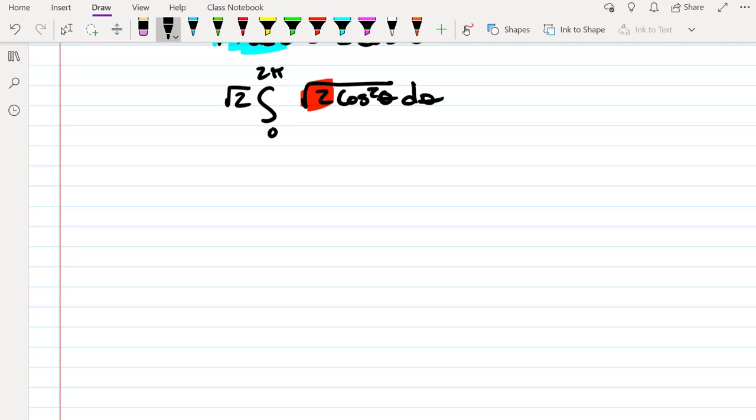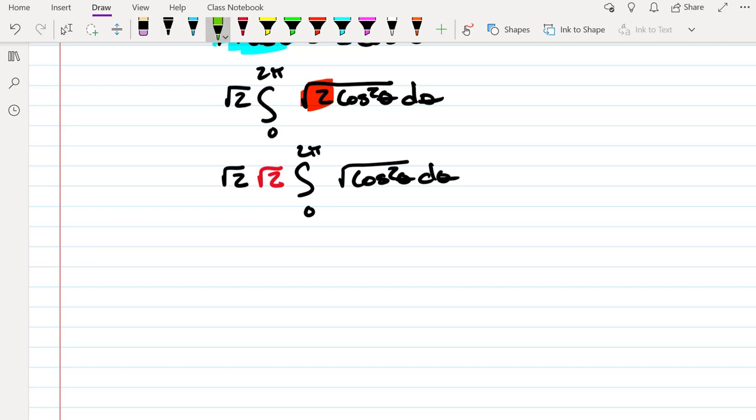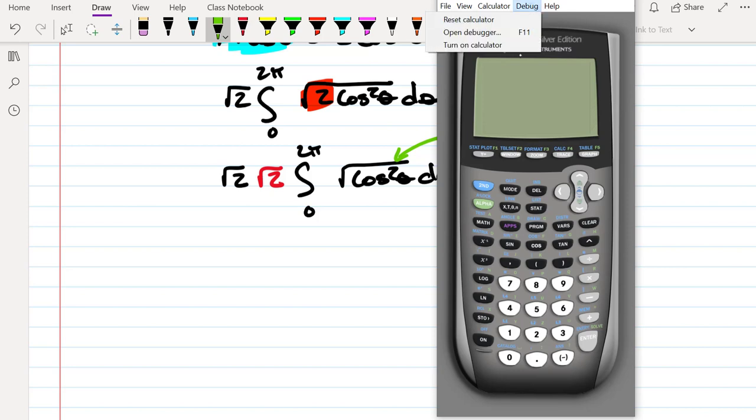So now we need to simplify this, so we can pull out the square root of 2, which gives us the square root of 2 times the integral from 0 to 2 pi of the square root of cosine squared theta d theta. So it's really, really tempting to say, well, the square root of cosine squared theta is just cosine theta. But cosine squared is always non-negative. So if you square something, it's always positive, and if you take the square root of a positive number, you get a positive number. So normally, if we thought about it, let's go ahead and change our calculator back to